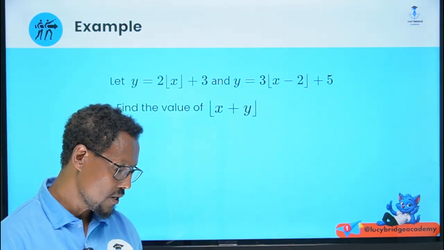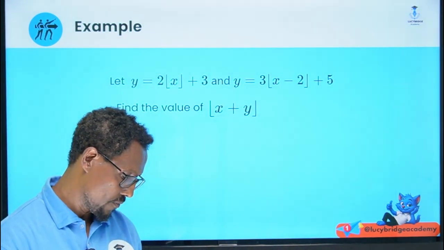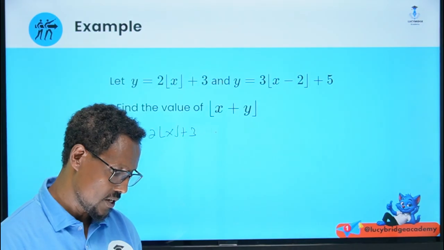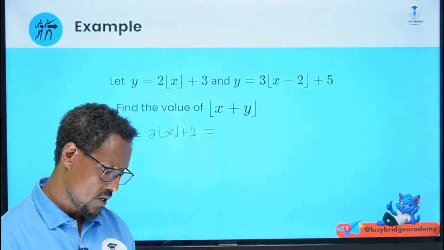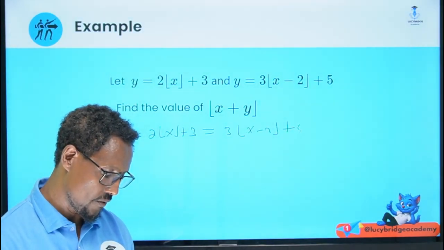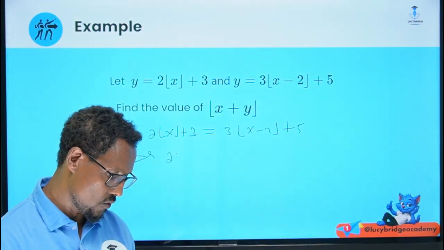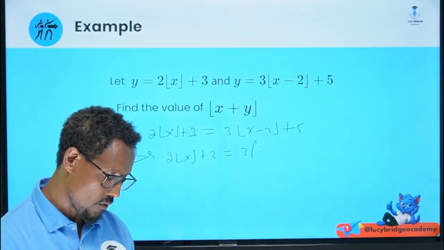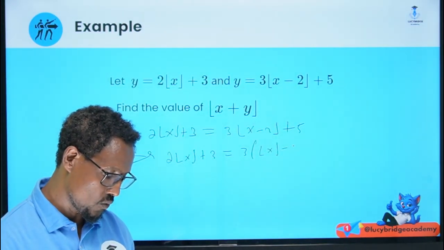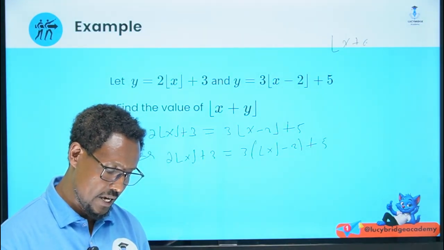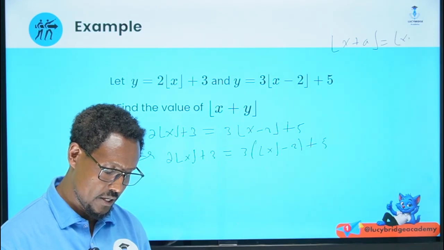Look, y is equal to 2 times floor of x plus 3, which is equal to 3 times floor of x minus 2, plus 5. The floor of x plus a is equal to floor of x plus a,